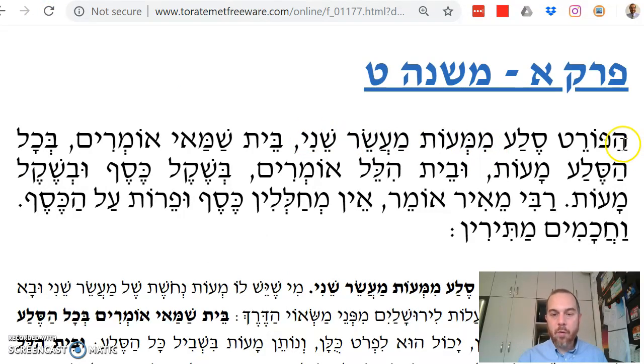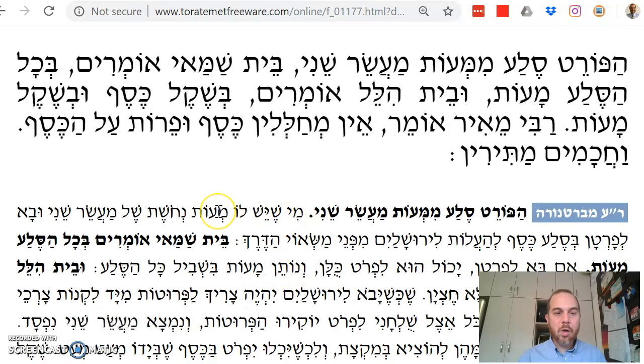If you're going to exchange a sela of ma'ot Ma'aser Sheini, meaning you have copper prutot of Ma'aser Sheini, and you want to exchange them, i.e., for a sela kesef, to bring up to Yerushalayim. Basically you have nickels. You're exchanging every orange that is worth, I don't know, 25 cents. You bring in quarters. Who wants to schlep quarters to Yerushalayim? So you want to change it for a $100 bill.